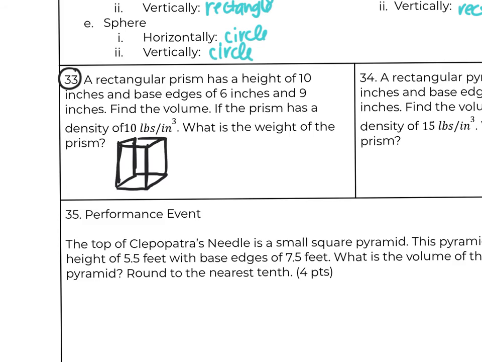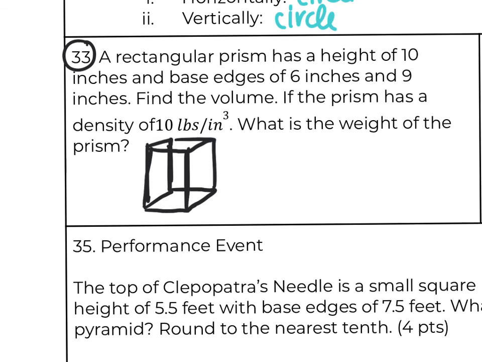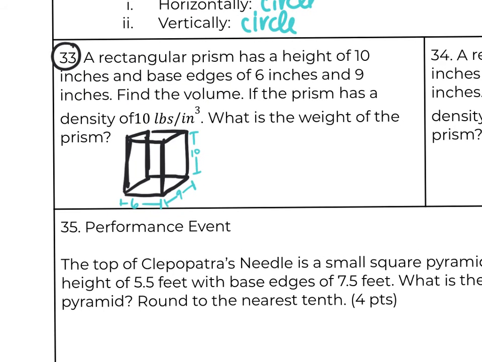All right, so we have a height of 10 and a base of 6 and of 9. Okay, and you're finding the volume. So try to remember that volume of a rectangular prism is just length times width times height. So I'm just going to do 6 times 9 times 10, which is 540